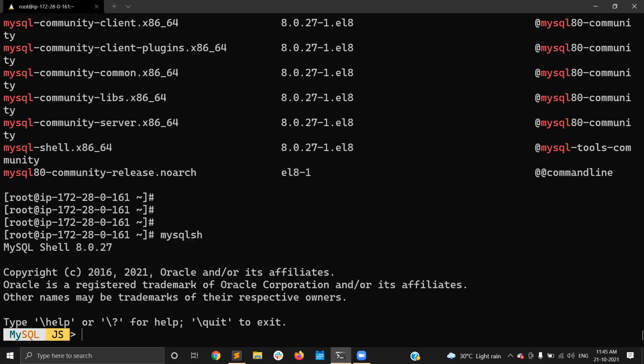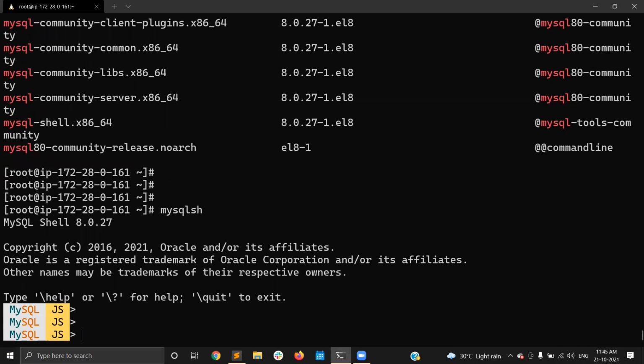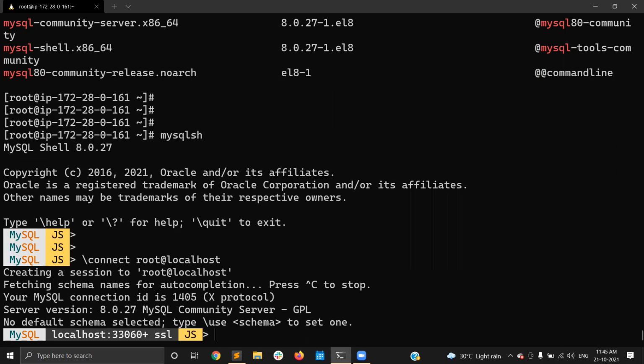But here you need to connect to the database. Let me show you how to connect. You need to use \connect, provide the root username and the host, localhost. Once I press enter, it will take me to the database.